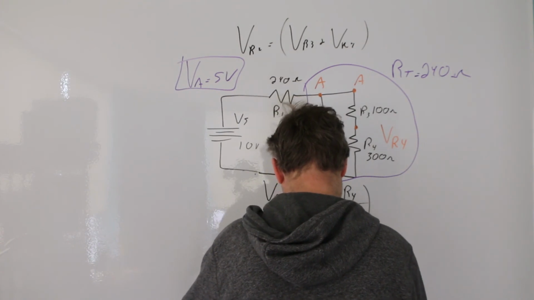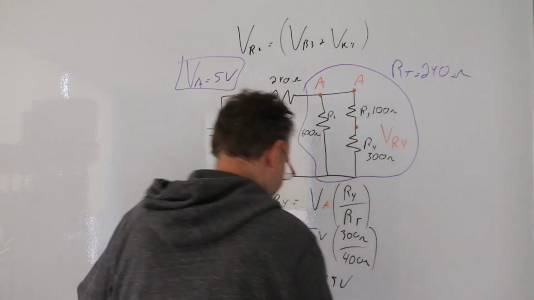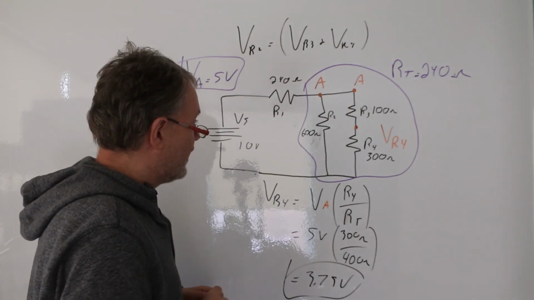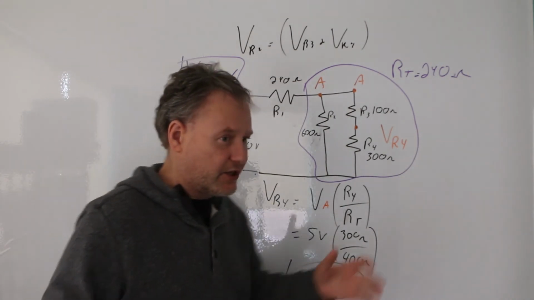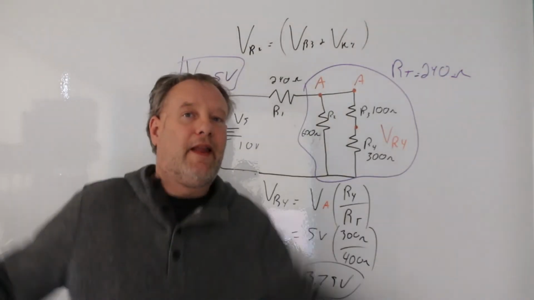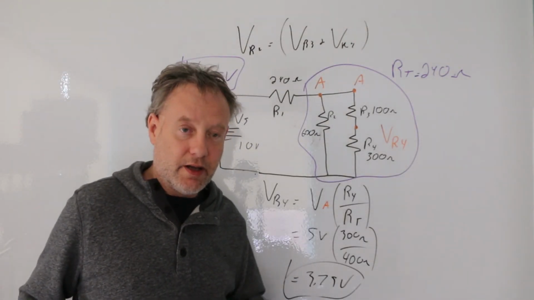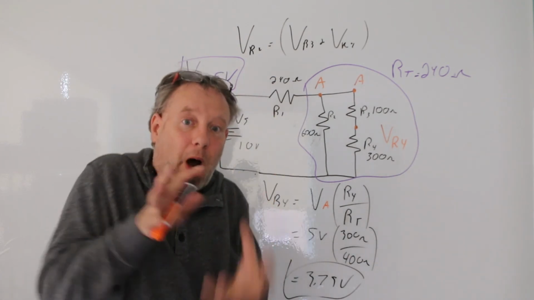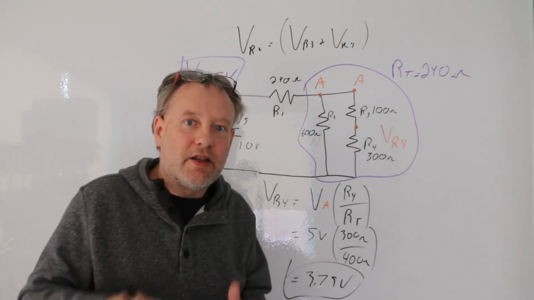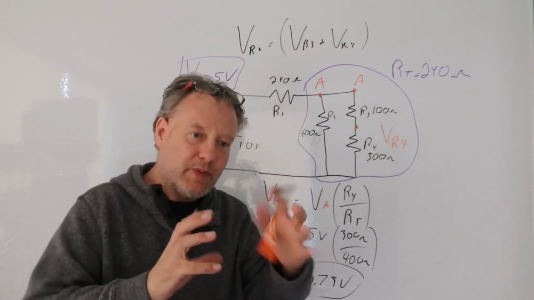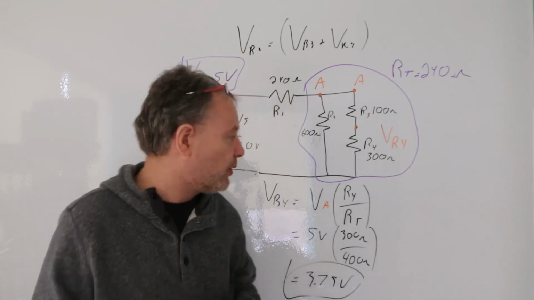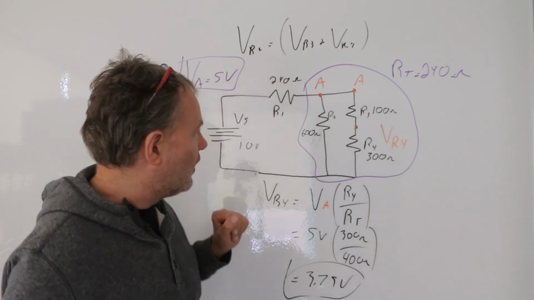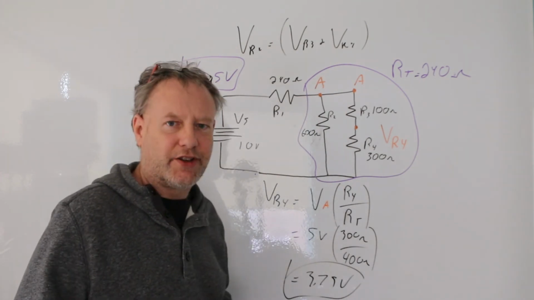So 3.75 volts. Okay, so the voltage drop across that is 3.75 volts, and I think if we can glean a full-on lesson of what's going on here, it's that when we're using the current divider and the voltage divider, we have to look at the part of the circuit that is doing the dividing, and then take the attributes of that part of the circuit, and then put those into this formula and/or the current divider formula. Cool. So I think we're good, dude. What about